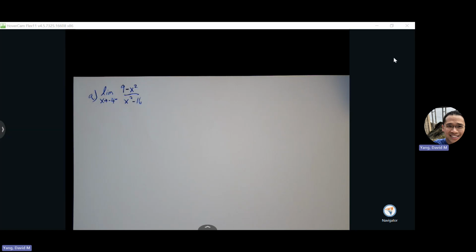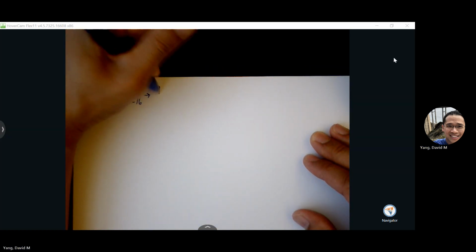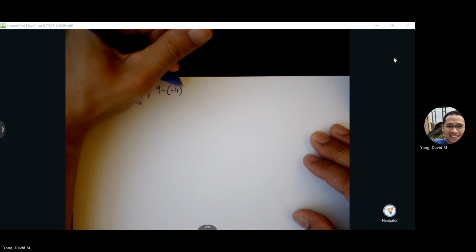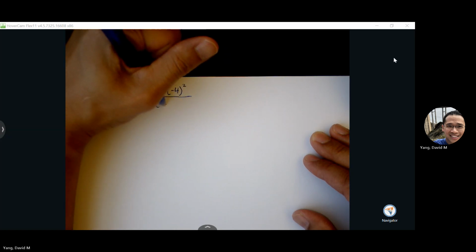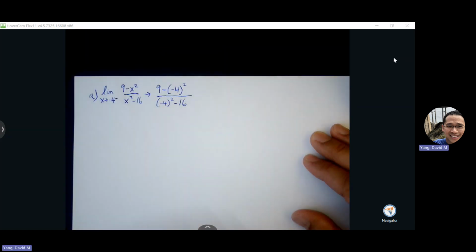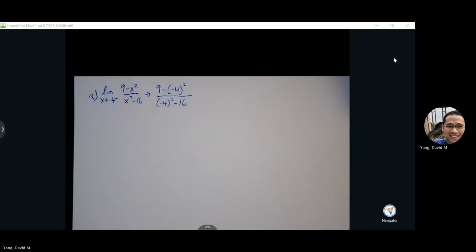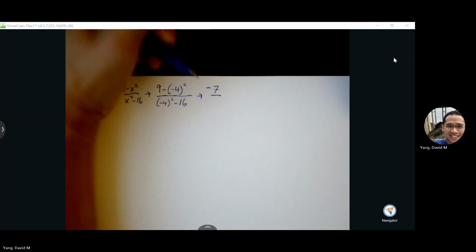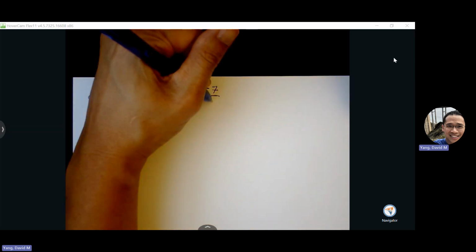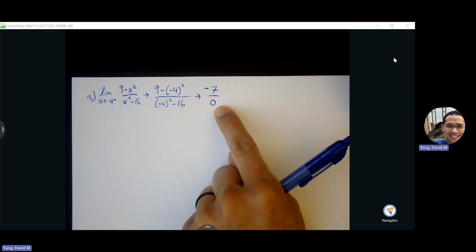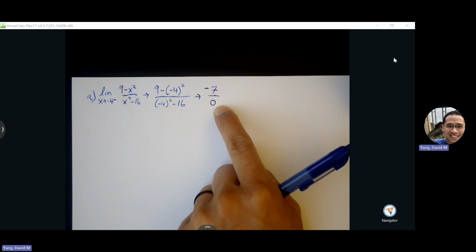Okay, what's our first step? Plug in what? Just -4, right? So we get 9 minus 16. In the denominator, we get 0. So this is very telling, right? What does that tell us is happening there? There's a vertical asymptote. Normally, we would say the limit